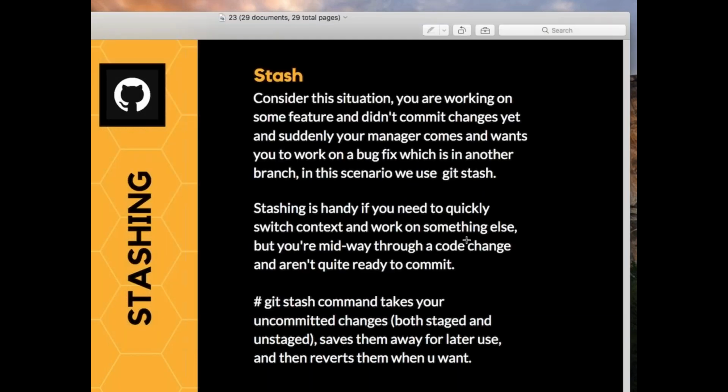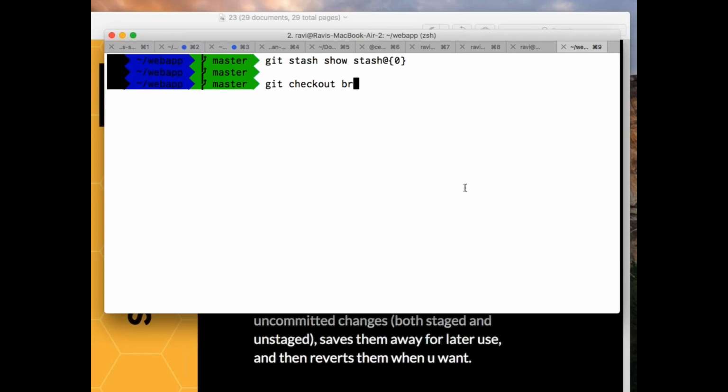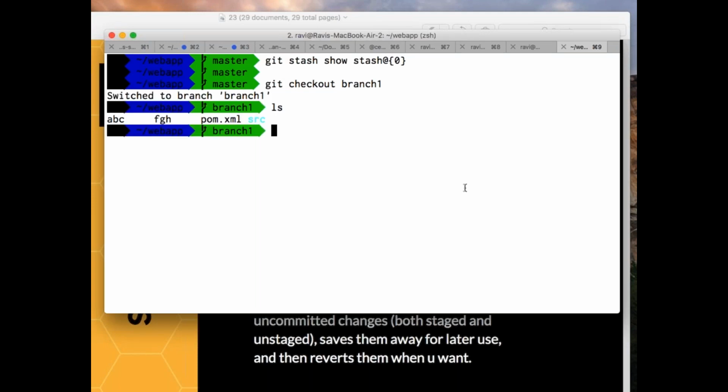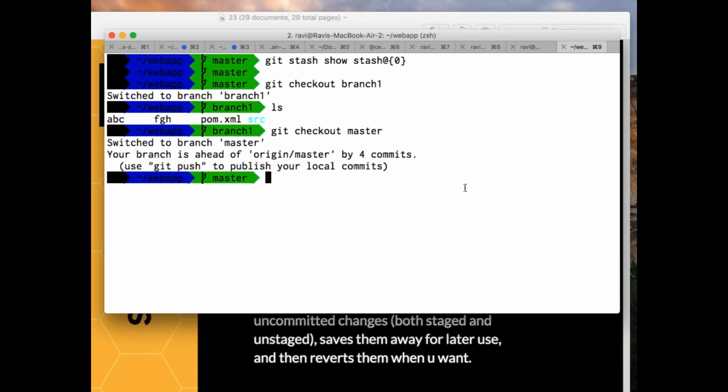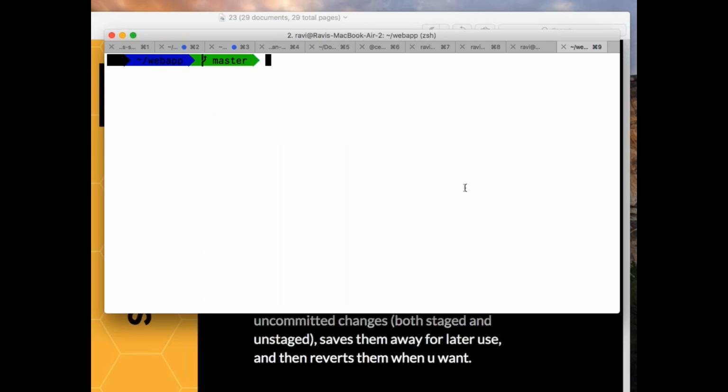So I was working in that another branch, right? What is it? Branch one. So I went there, I did some work here, right? My work is done. I'm going back again. Let's say I made some commit changes here, then I'm switching back again to my master, right? I'm back in master. Now I need to start working again on those files, right?